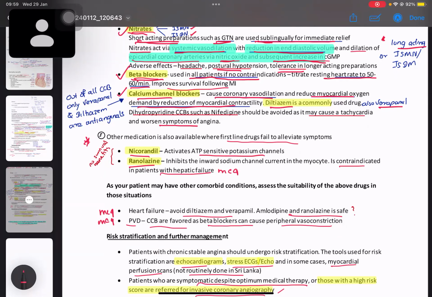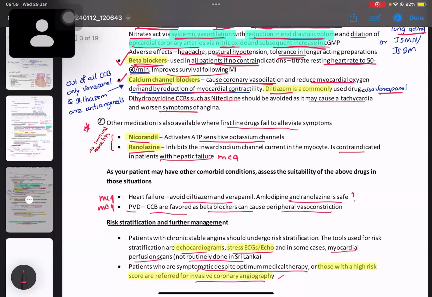Then calcium channel blockers. Out of all calcium channel blockers, only verapamil and diltiazem are anti-anginal. They also cause coronary vasodilatation and reduce the myocardial oxygen demand by reducing the myocardial contractility. Diltiazem is a commonly used drug, also verapamil. The dihydropyridine calcium channel blockers such as nifedipine should be avoided because they may cause tachycardia and worsen the symptoms. So if they ask in MCQs,